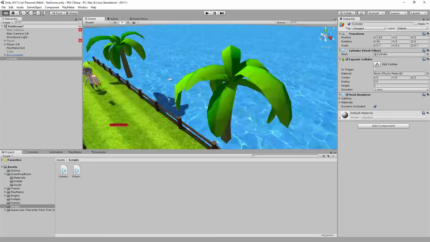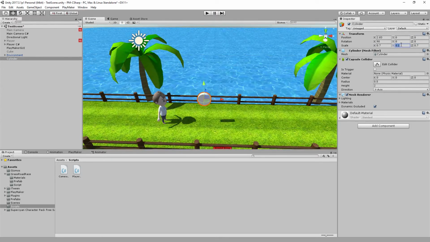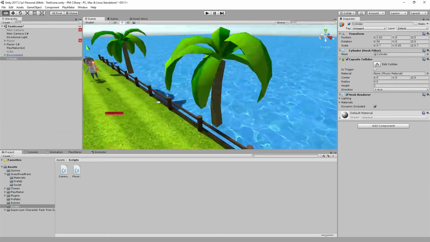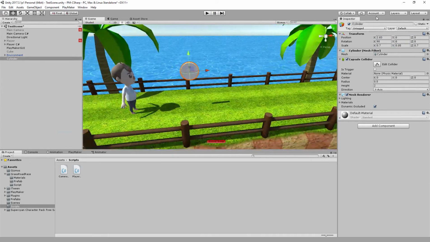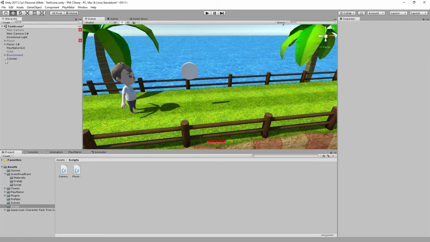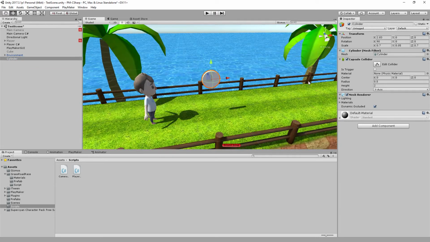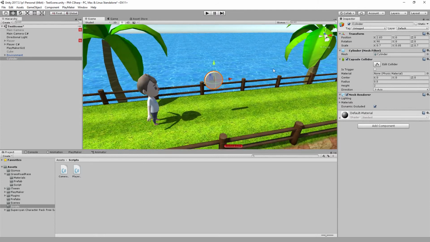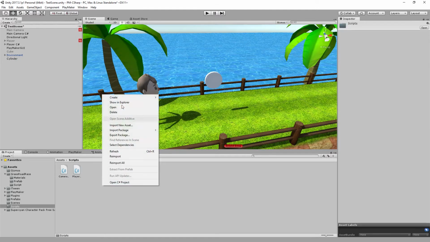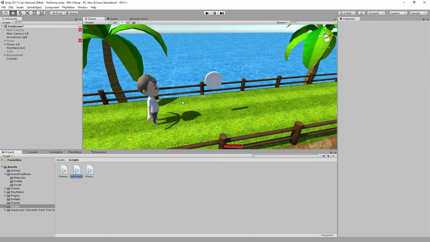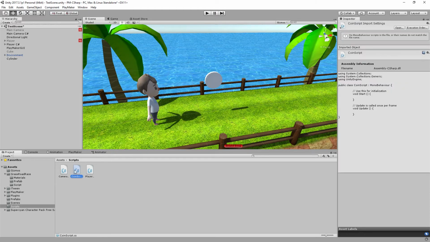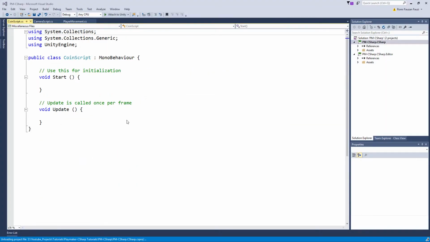Okay, and let's make this even smaller, the width. And now we are going to create a parent object, or we can just leave this. And okay, next we need to create a new script, so let's do that. Create a coin script, and then let's open the script. So basically what we want to do with the coin script is make sure that the coin